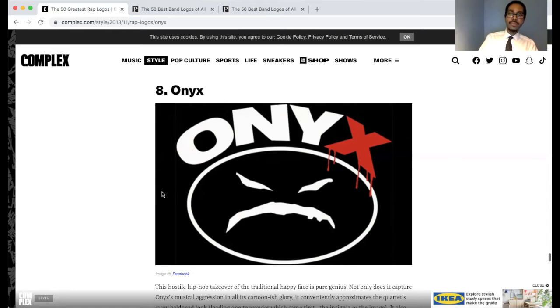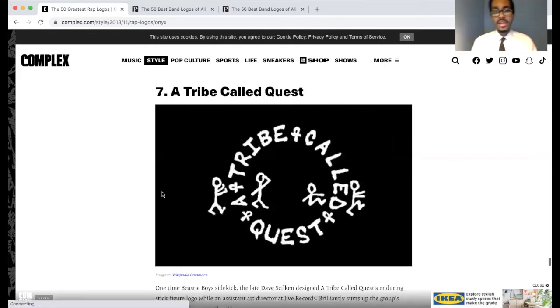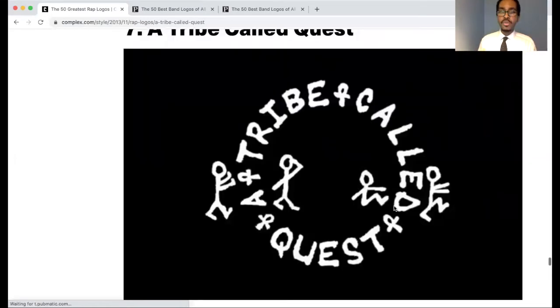A Tribe Called Quest. This is a very interesting one. So this style of the typography and the characters or symbols for people that you see here is a callback to chalk drawings and cave drawings, because you see these little stick figures and you see the kind of very simple, yet the edges are kind of rough. If we zoom in, you see that from the edges of the characters to the edges of the letters and the typography. So we're going back to a very old school, simple kind of style,